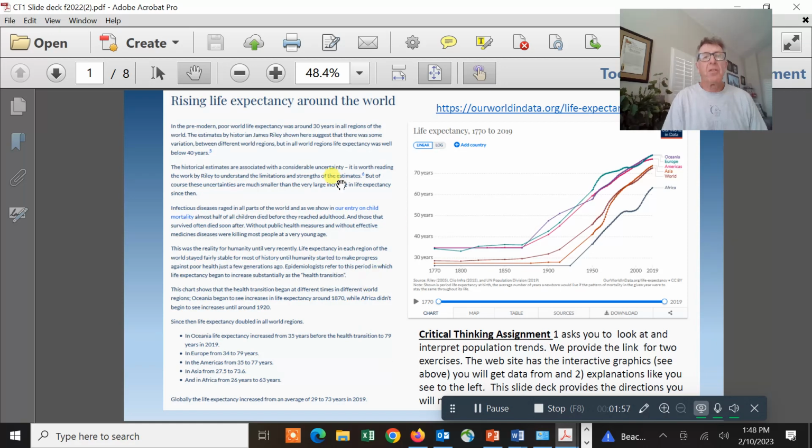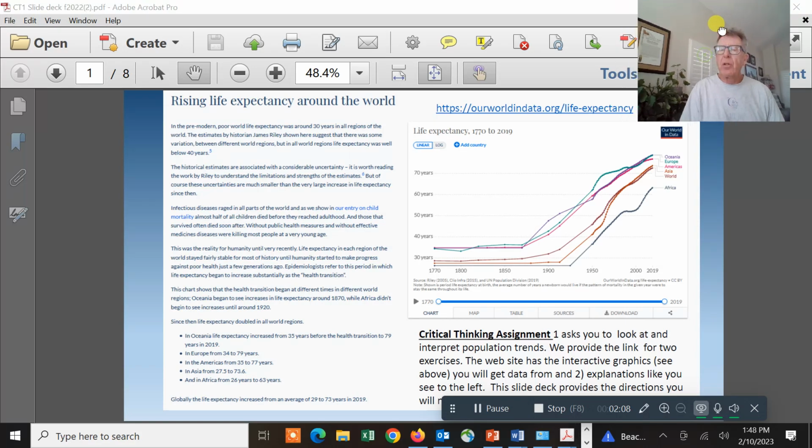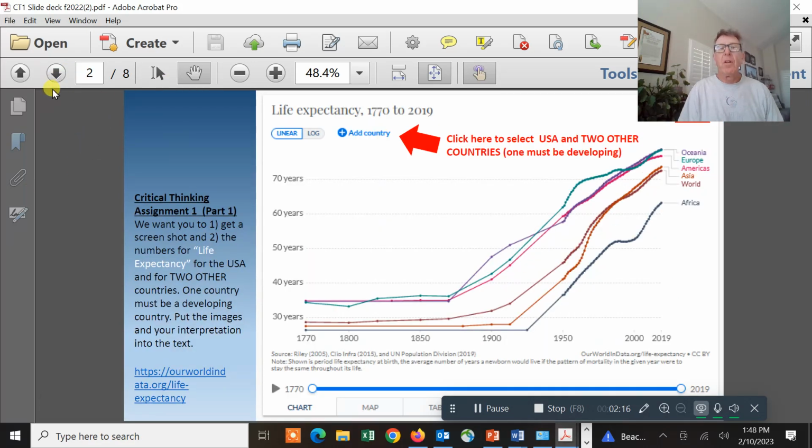So this is the kind of information that you get when you create your data. This tells you how they went about gathering the data. It's the perspective. You are going to interpret the countries that you choose, and that's what that's all about. So let's go down here. When you get into the website, and I'll show you the website in a sec,